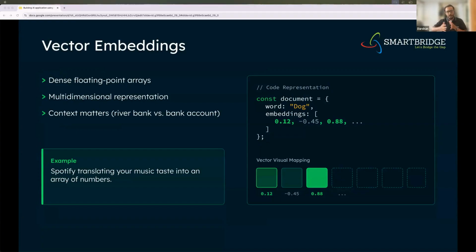There will be a huge number of array elements that you will be seeing, right? For the word dog you will have a huge number of embeddings. So what are these numbers? These are floating point numbers in a multi-dimensional array. How do we define a multi-dimensional array? Think of a